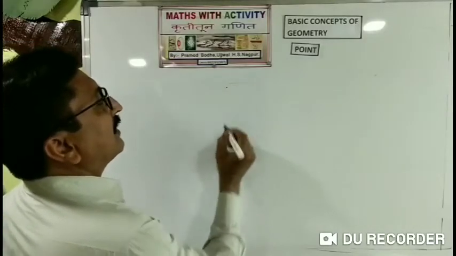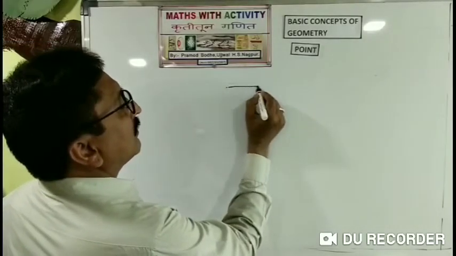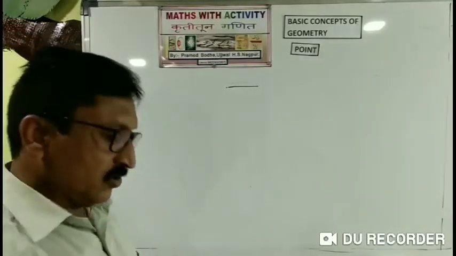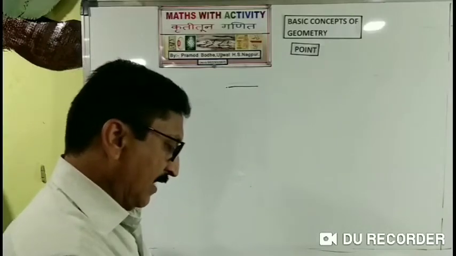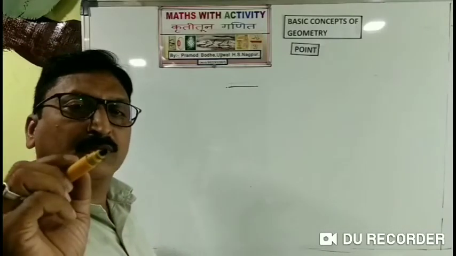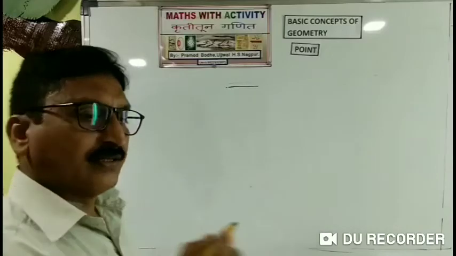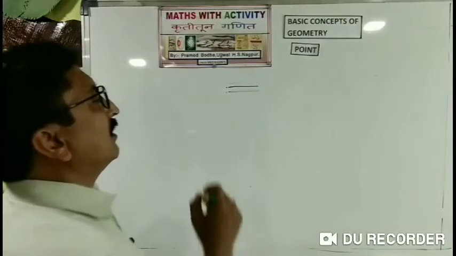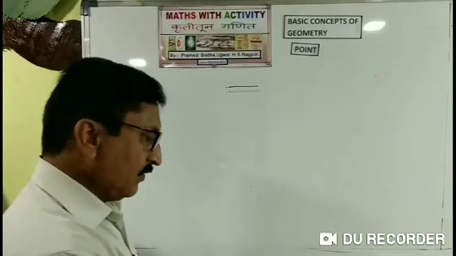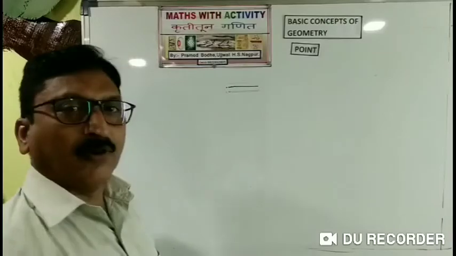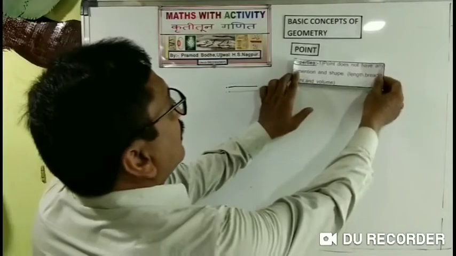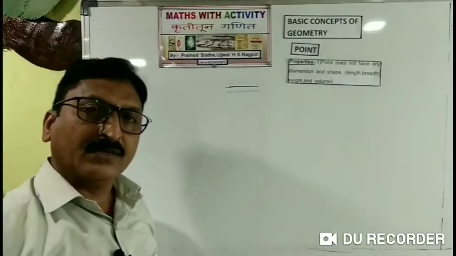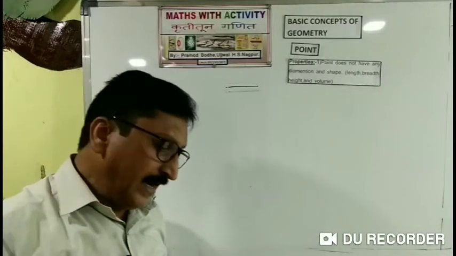Now see, I am taking another sketch pen. It has some more surface area at the tip of this pen, therefore the dot is also greater. And lastly, I will take a sketch pen with a much bigger surface. I will make a dot and draw a segment here. It means we have a property about the point: the point does not have any dimensions or a shape. That means the dot can be of any shape.